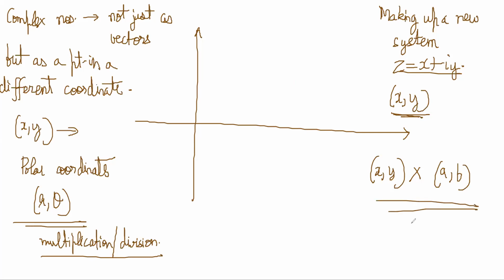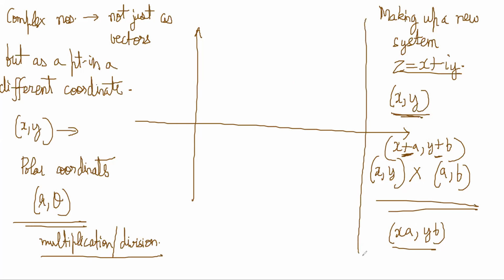So if the ordered pair xy has to be multiplied with another ordered pair ab, the most natural way, if I was inventing complex numbers today, I would have written the answer should be xa and yb, right? If you are doing addition like this, x plus a comma y plus b, and subtraction like this, then why not multiplication and division also like this, right? That is a genuine question: why is it defined in that weird way?